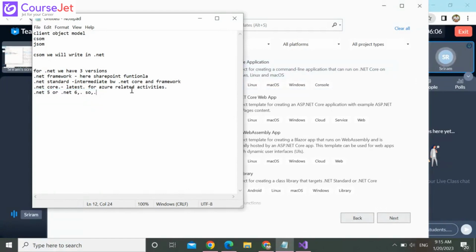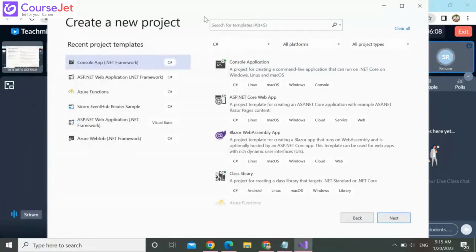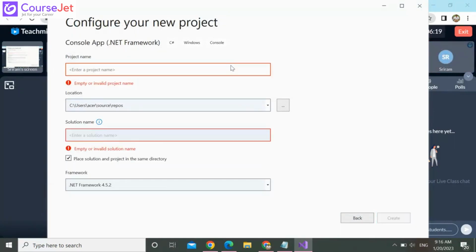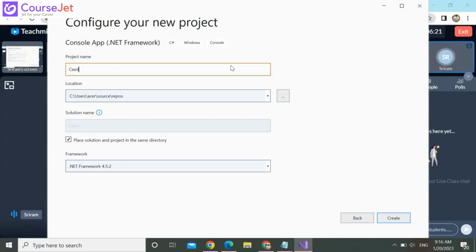I'm creating a console application, .NET Framework, client object model demo project.